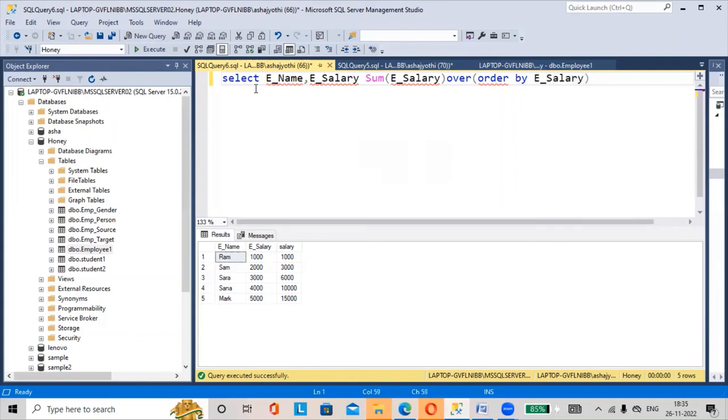Here we need to specify range between. The same output it will generate. Range, this is the default value. Range between